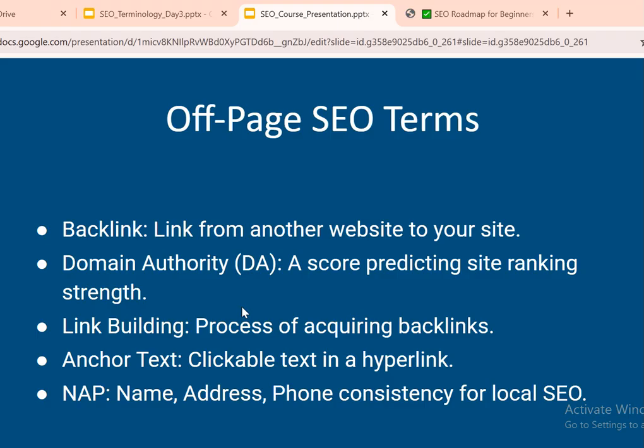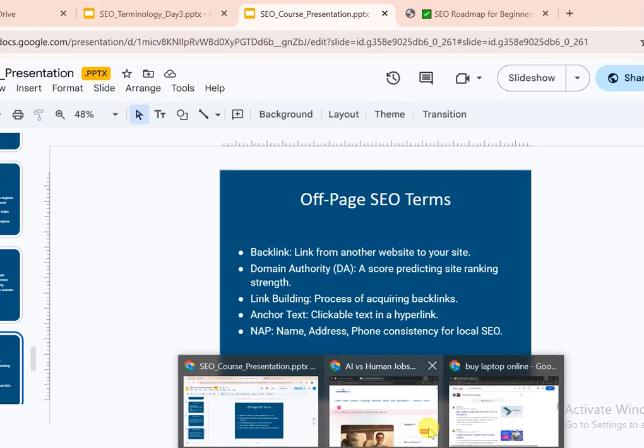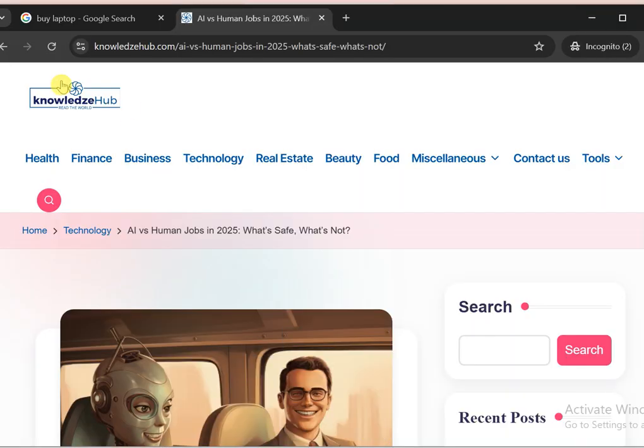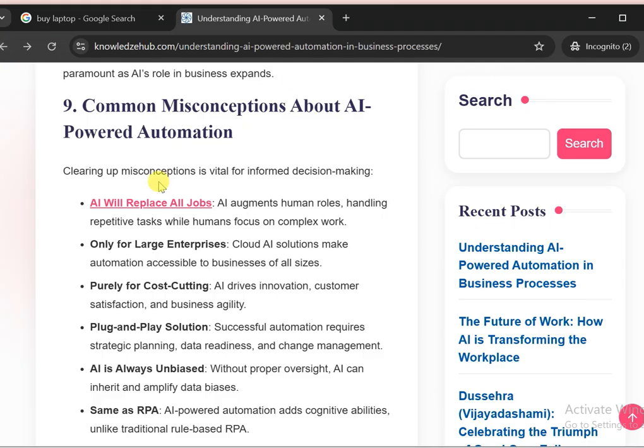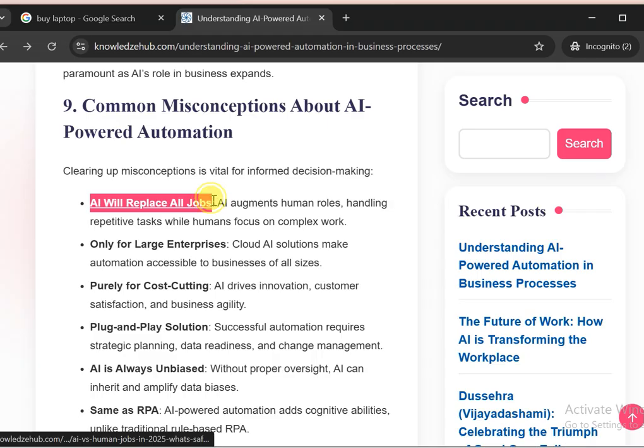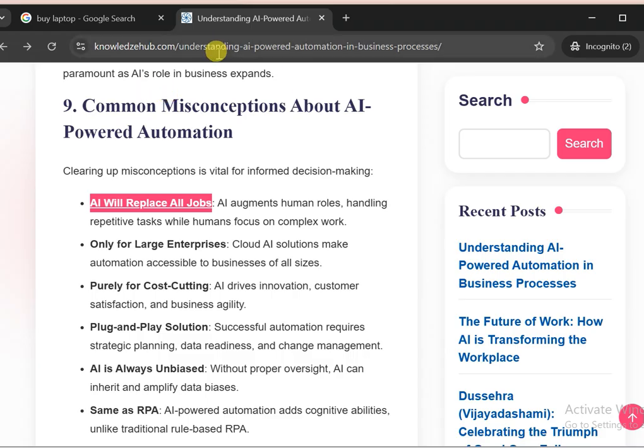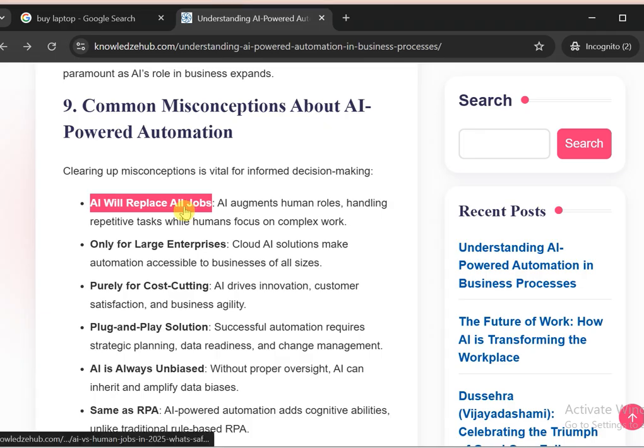So I will show you an example. Here this is actually an internal link, but it is the same for a backlink also. An internal link is nothing but linking within our website. So linking one of our web pages to another web page is called internal linking.